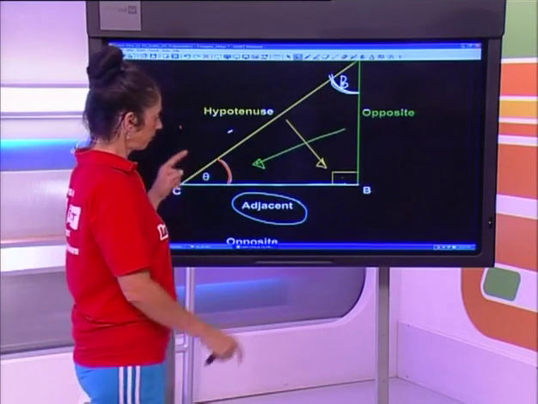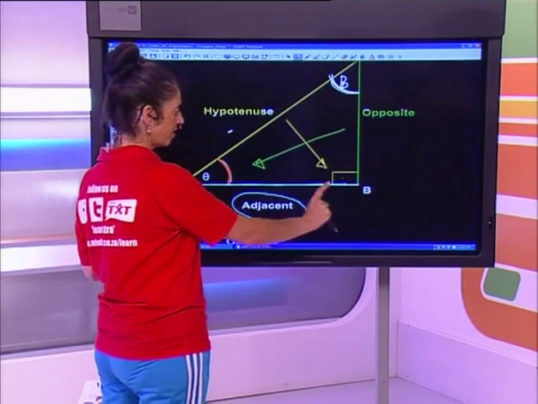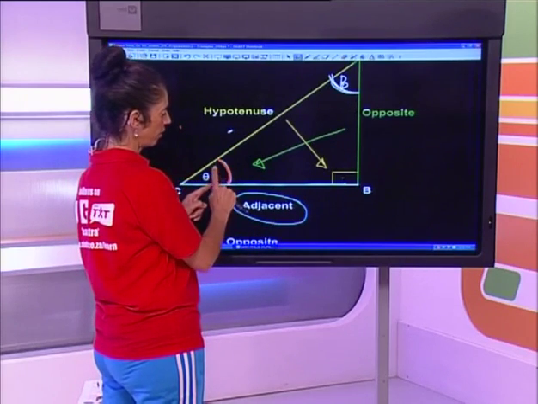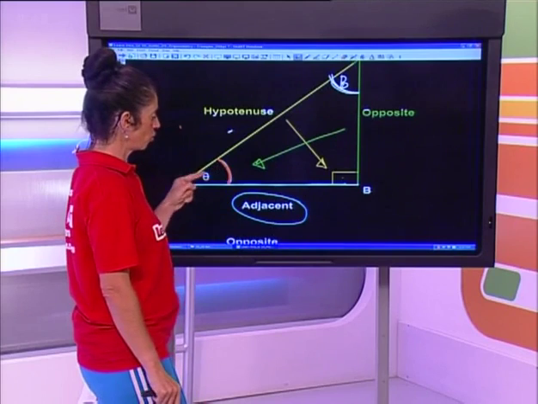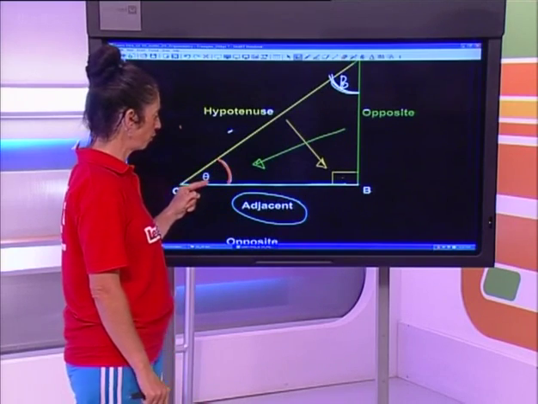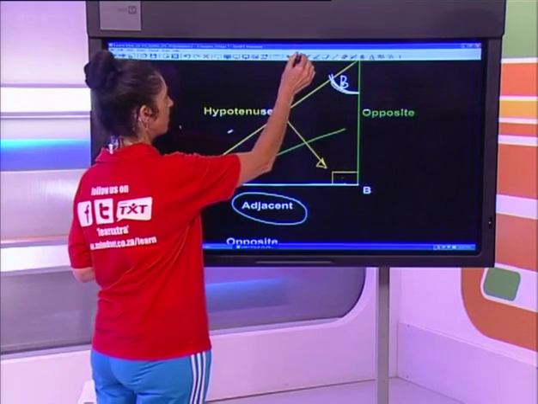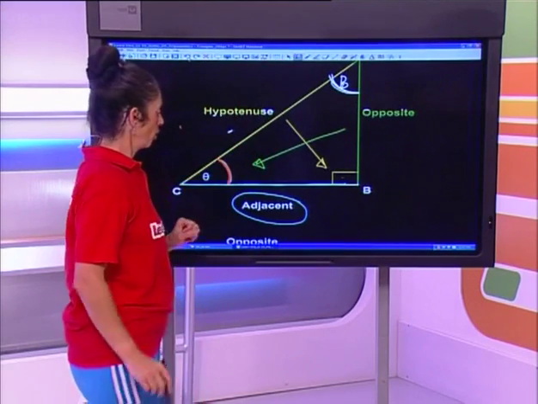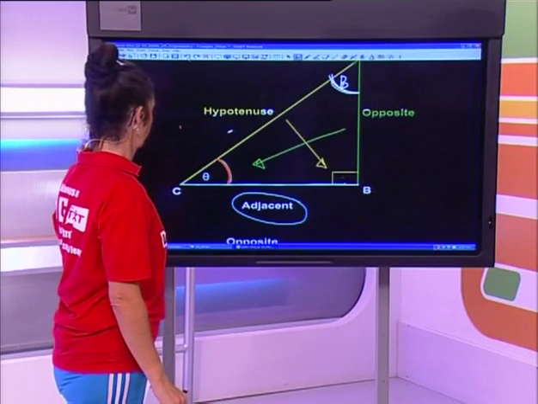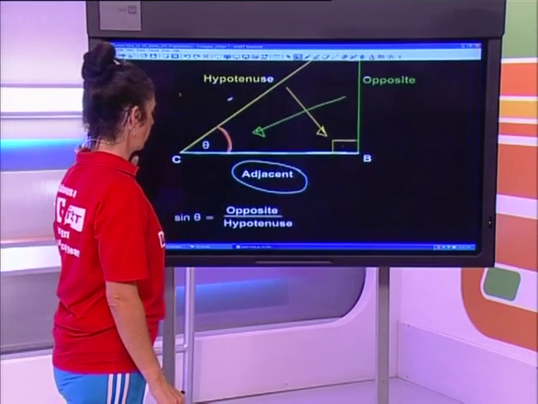Again, to repeat, the adjacent side is sitting next to the angle that you're referring to. So the first position to look for, the first focal point, will always be the angle that you are denoting, or the position that you're denoting. So let us go into what we call these ratios. The first one